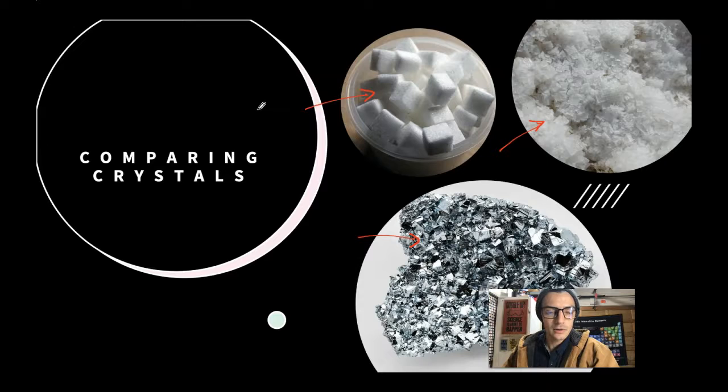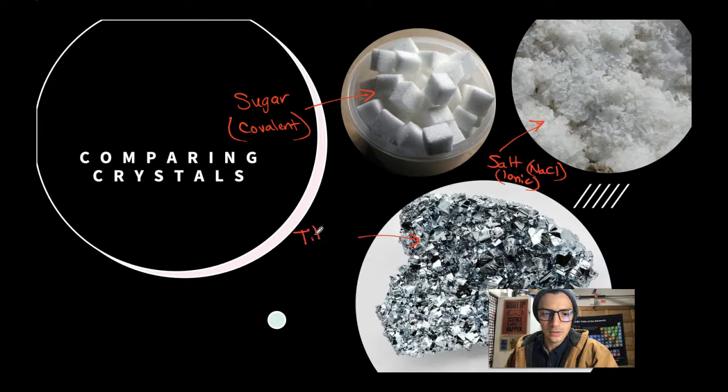substances. The one on the top left is sugar. Sugar cubes, right? This is called a covalent bond, or a covalently bound substance. This over here is table salt, sodium chloride, NaCl, and it is an ionic bond. And then this one at the bottom is actually titanium metal. And titanium metal is bonded in a way that we haven't learned and won't learn much about,